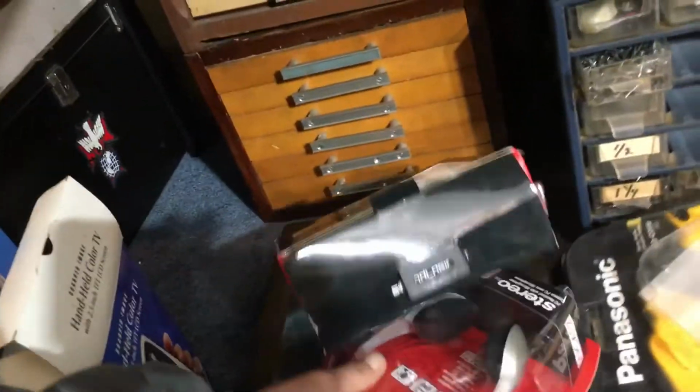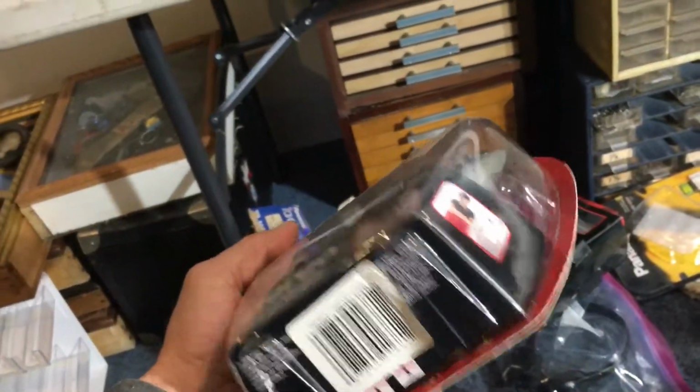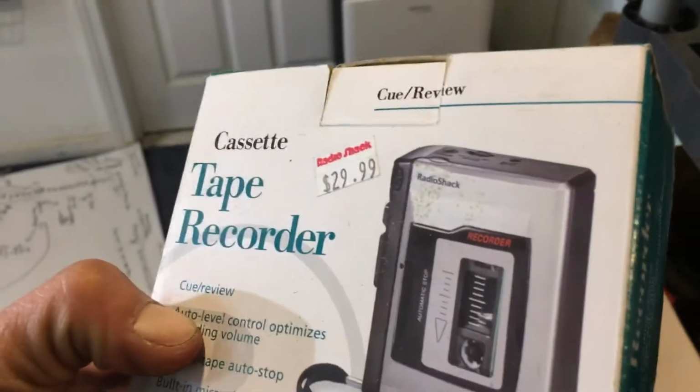But there's certain things like this that had dust all over it. I'm gonna take the picture with the dust on it and then wipe it down, so the way they get it, it's all nice. Sometimes dust, you can't see it. There's different techniques to doing it. Like this, I'd wipe this down a little bit before I'd take a picture and then wipe it down, just a little bit, just so it looks a little nice for when you get it. Most of this stuff's pretty clean. So yeah,